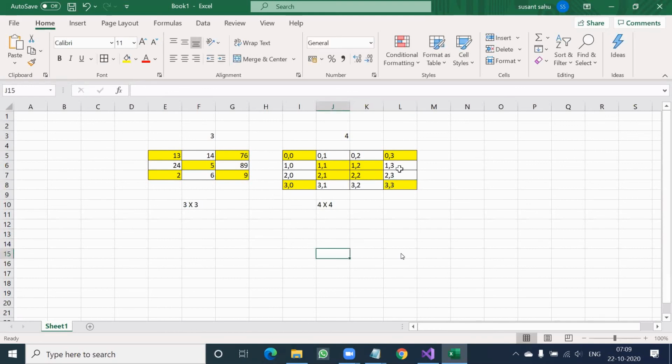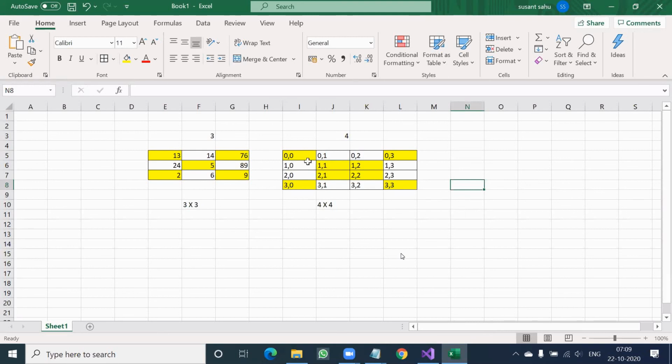All right, so these are the indexes, not values, indexes. So just observe how the yellow background indexes are relationally different from the white background indexes.